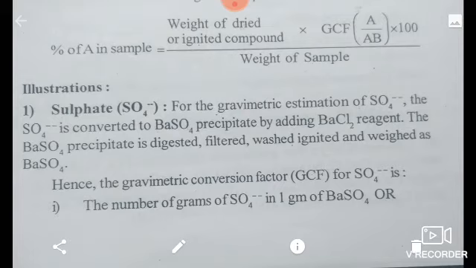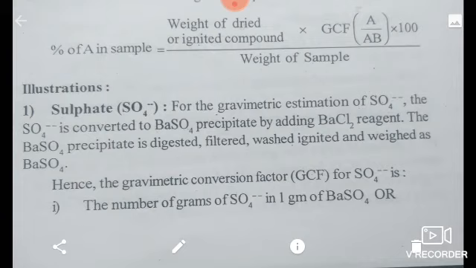For the gravimetric estimation of SO4 minus minus, the SO4 is converted to BaSO4 precipitate by adding BaCl2 reagent. Then the BaSO4 precipitate is digested, filtered, washed, ignited and weighed as BaSO4. So how is this BaSO4 determined? SO4 is determined by means of the